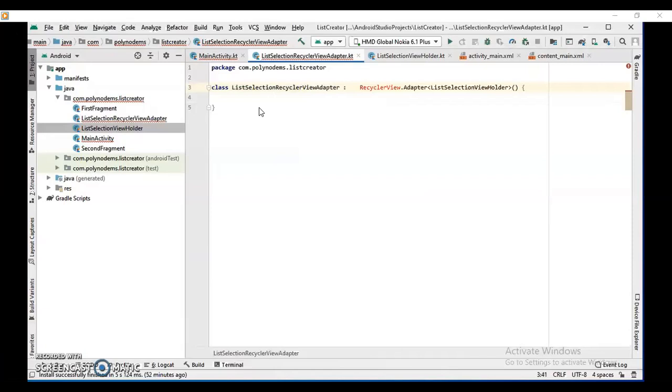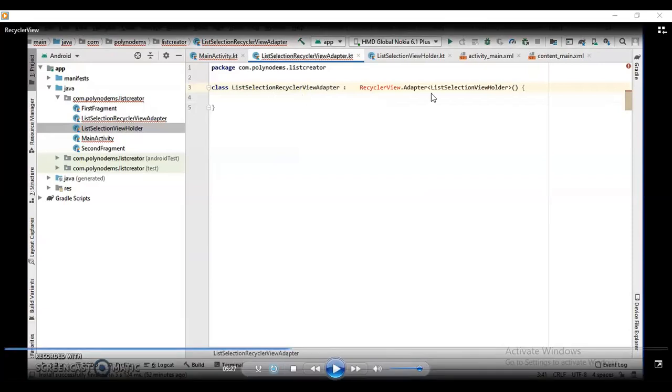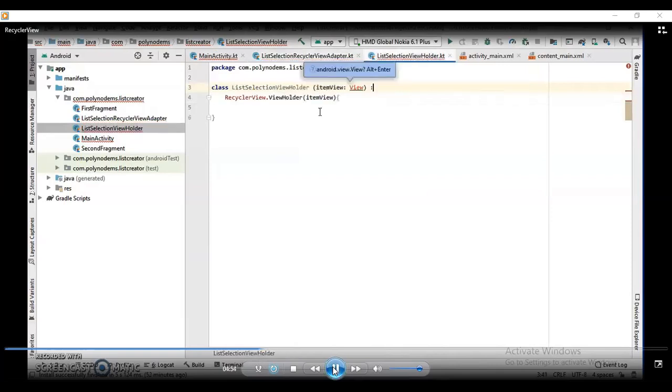Here you can observe that this ListSelectionViewHolder was extending RecyclerView. If you observe the previous class, this ListSelectionViewHolder was extending RecyclerView's ViewHolder.